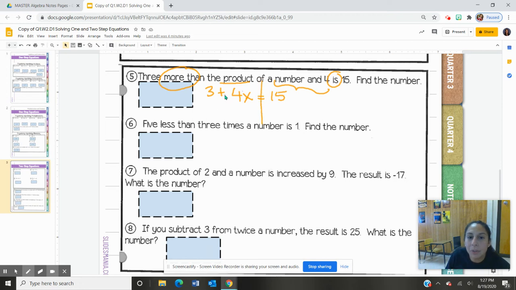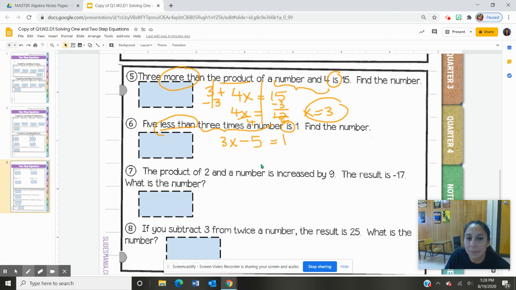So again, remember you always look at whatever they're adding or subtracting. So since they're adding 3, I take away 3. So 4x is equal to take 3 from this side, and we get 12. 4x, that's being multiplied, so we're going to divide by 4, so x is equal to 3. Problem 6, 5 less than means you're subtracting 5 from 3 times a number. So 3 times a number, we're going to do that first. And we want 5 less than that. So that means we have to take away 5 from that because it's 5 less than this is, which means